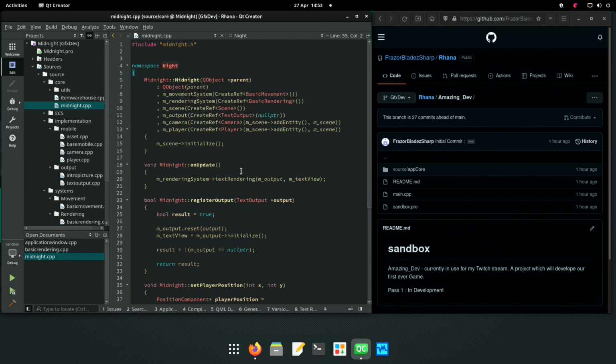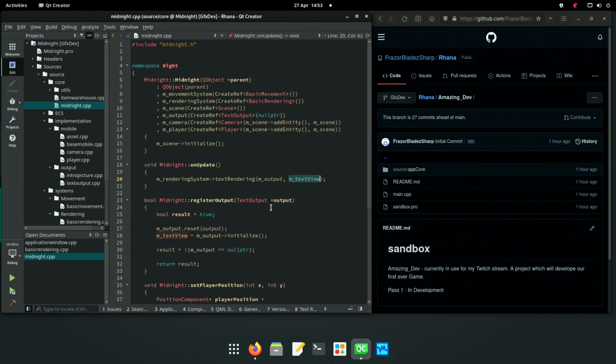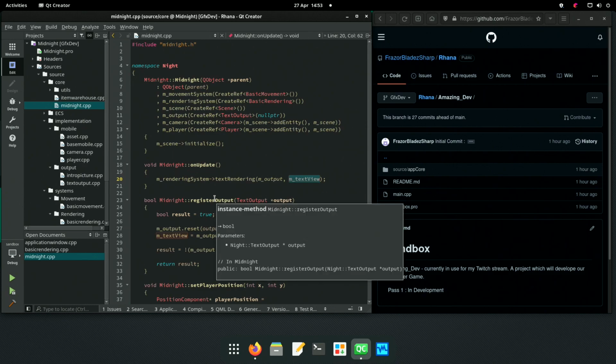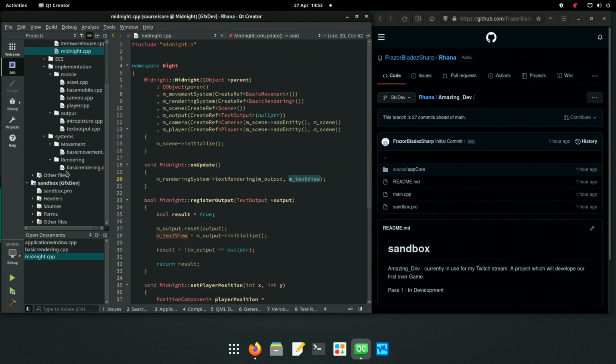So who sets up this? So we can set that. We register the output. Yeah, we just register the output. We can register any output we want. Is there a size limit?